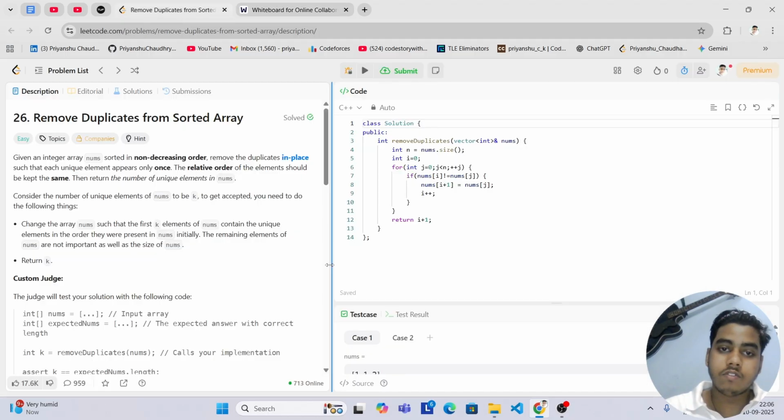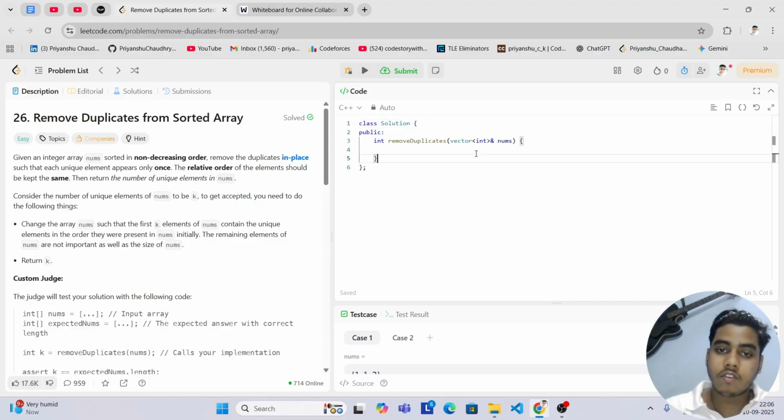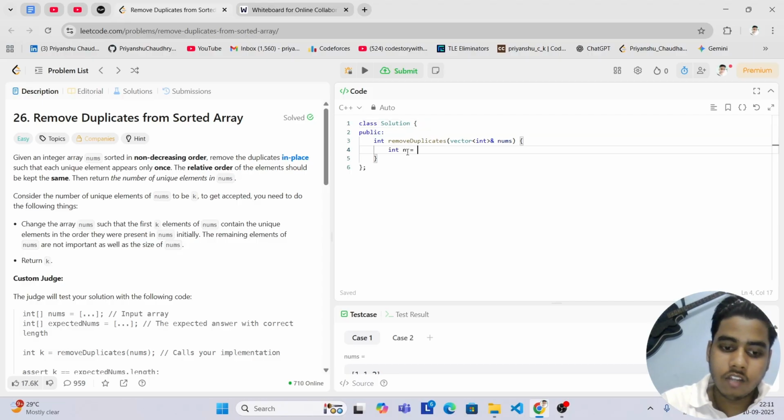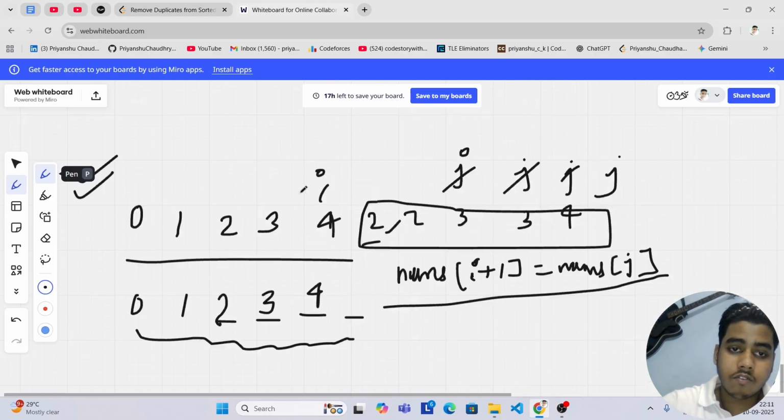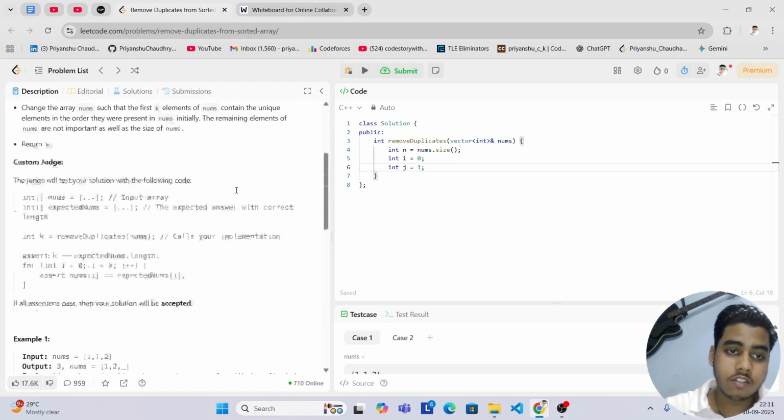So now, first of all I will declare the size of the nums array. This will be nums dot size. And now what I said, first of all I will declare two pointers. Let's say i, obviously this will be at the starting, and j, what I said, I will start from the first index, and